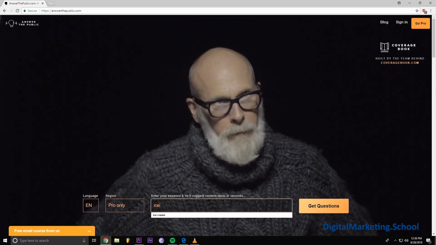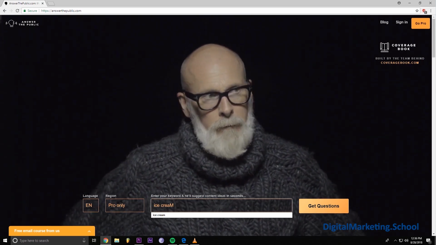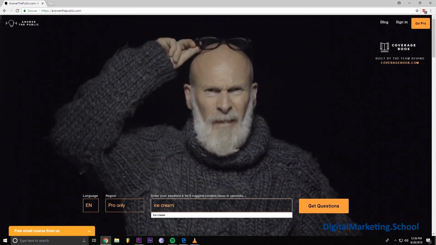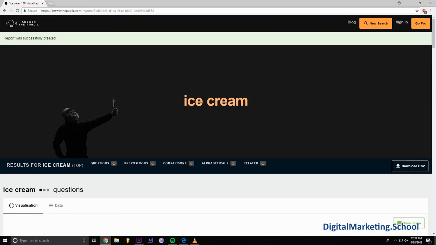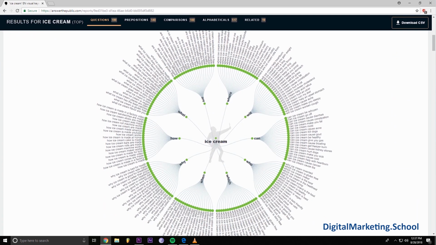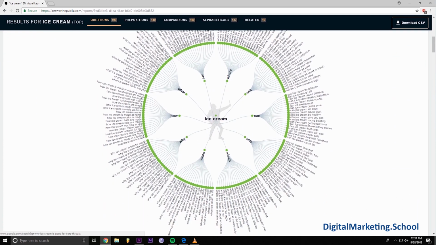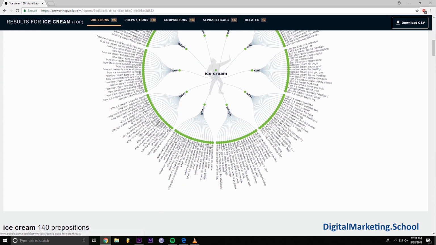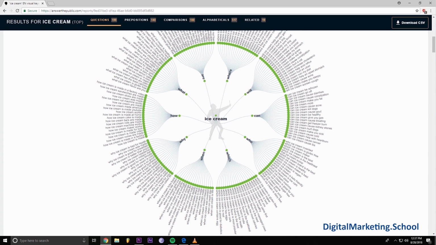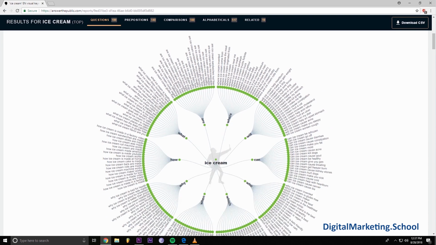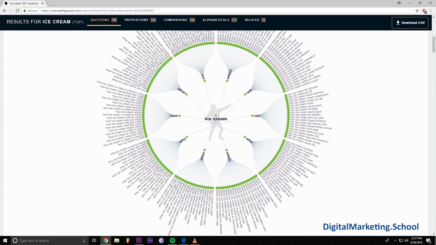So just as an example right now, do this with me. Go ahead and type in ice cream, and we can see what the search results yield. So go ahead and click submit, and you can see that he is looking for the search term ice cream, and what actually populates next is a pretty impressive array of all the things that people are searching for when it comes to ice cream. And some of these examples are, what are the best ice cream flavors? What's the most popular vegan ice cream? Is ice cream bad for dogs? So there's a wide variety of topics that you could be looking at when you use this platform.